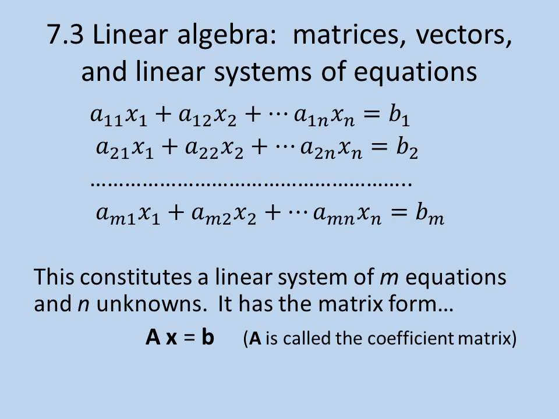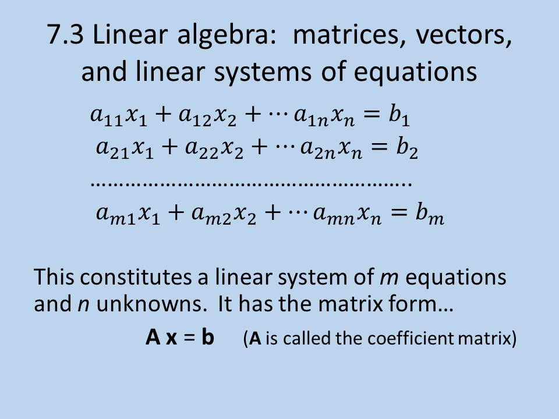But what's shown here constitutes a linear system of m equations with n unknowns, and in matrix form it's written as Ax equals b, or I could have said Ax equals y, but we more typically write Ax equals b. And in this case, the coefficient matrix is what A represents. So A is a set of coefficients, and b is a column vector that represents the